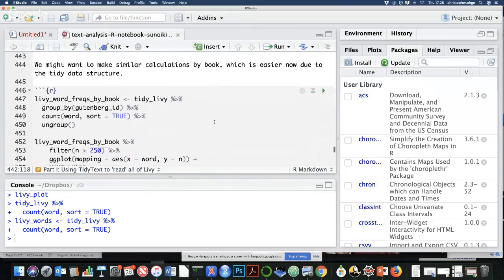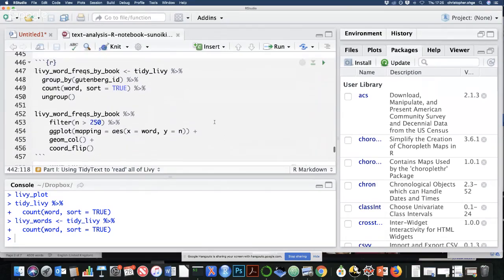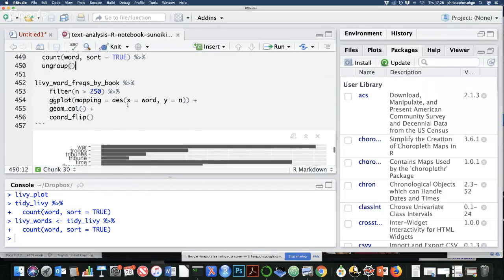What I've done here is shown you some code blocks for, similar to what Jockers did, splitting up each tidy text data frame by book. So instead of by chapter, we're doing by book because we're simply grouping each item by its Gutenberg ID rather than by a chapter. But of course, you could use a regular expression within this to identify, instead of a Gutenberg ID, say Gutenberg ID followed by a regular expression. And